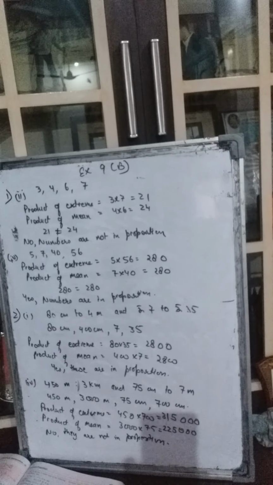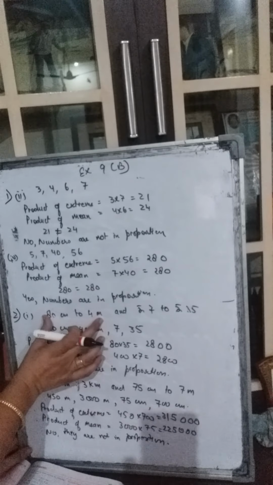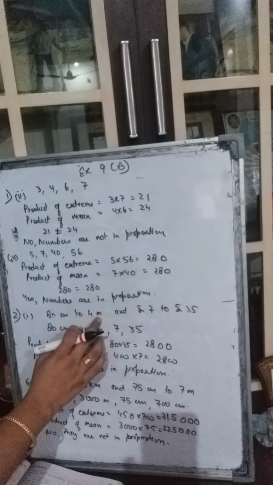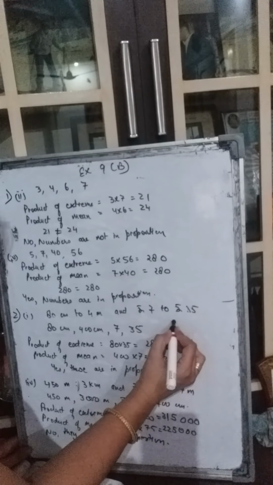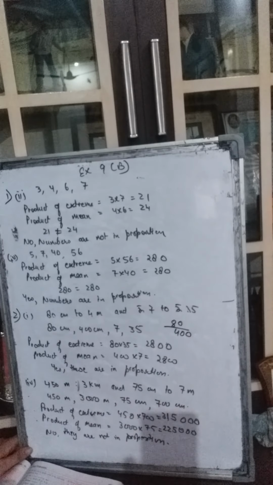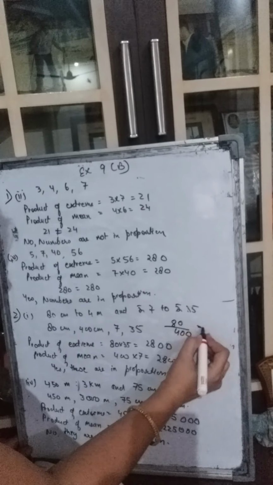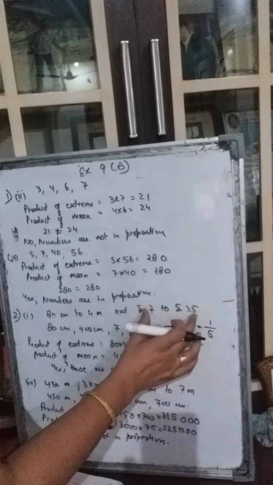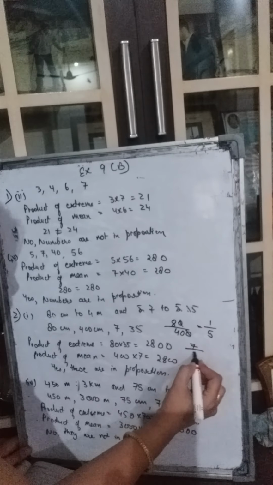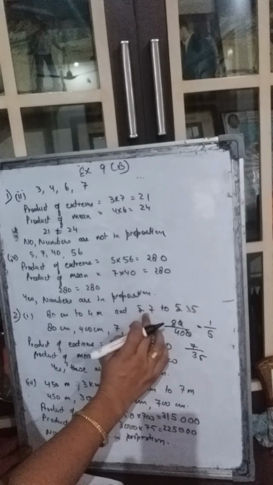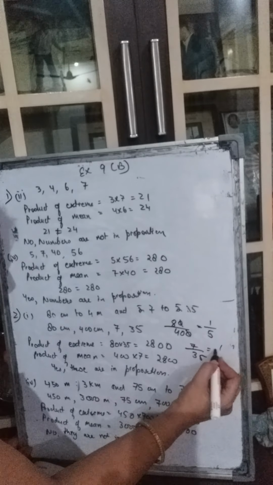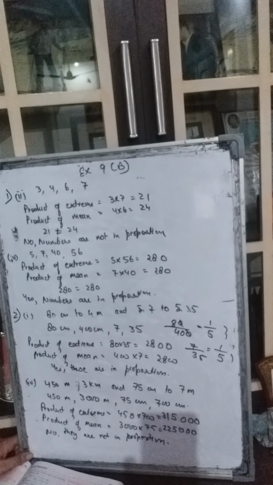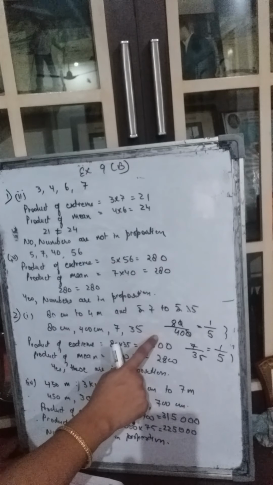The other way of doing it is you find out the ratio of these two, 80 centimeter and 4 meter. You know that a ratio can be found out in the same unit only. So first convert this. So it will be 80 upon 400. Right? So what is the answer here? It is 1 upon 5. Now find out the ratio of this, 7 upon 35. They are in the same unit, rupees, rupees. No need of converting. So here again it is coming to 1 upon 5. So these two ratios are equal. That means they are in proportion.